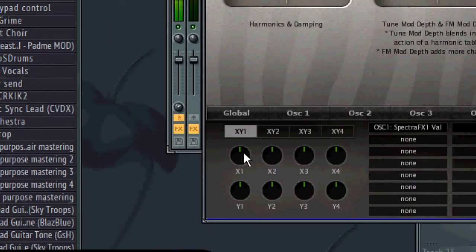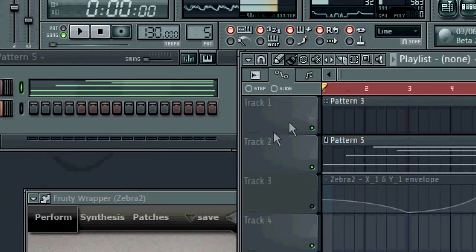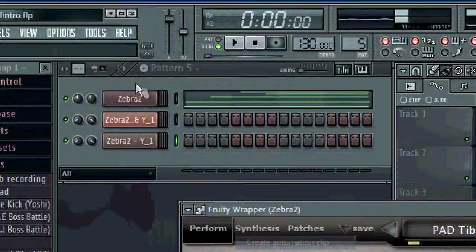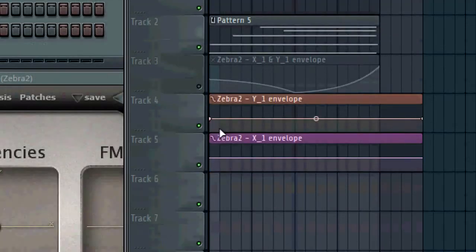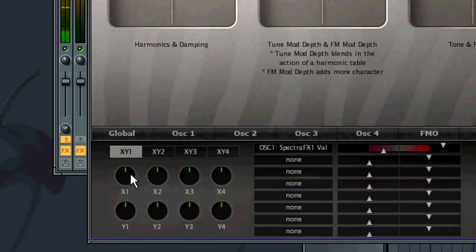Then you'd be automating X1 and Y1 in the exact same way. So, instead of having two automation clips like this, Y1, X1, it feels clunky. So what you can do instead, tweak X1,